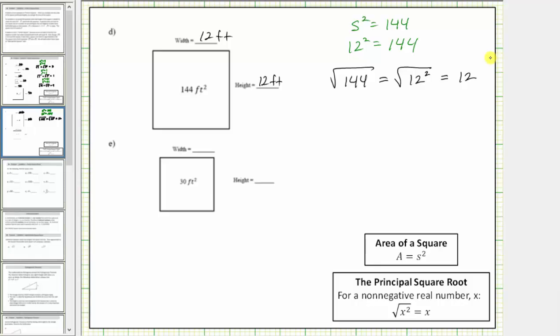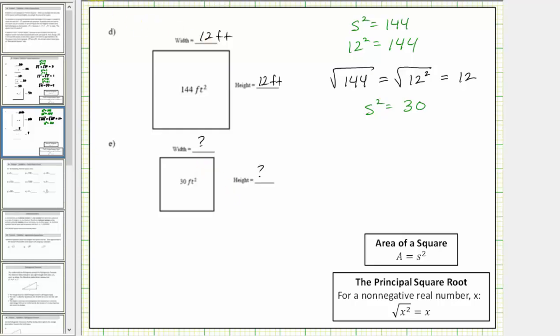And now for our last example, we're given an area of 30 square feet, so we're looking for a non-negative number times itself equal to 30. This would also be the non-negative solution to S squared equals 30. Well, there's no whole number times itself equal to 30. Notice that 5 squared is equal to 25, and 6 squared is equal to 36. So the value of S is somewhere between 5 and 6, but we cannot determine the exact value from what we know so far. So let's go ahead and leave the question mark here, indicating we cannot determine the exact